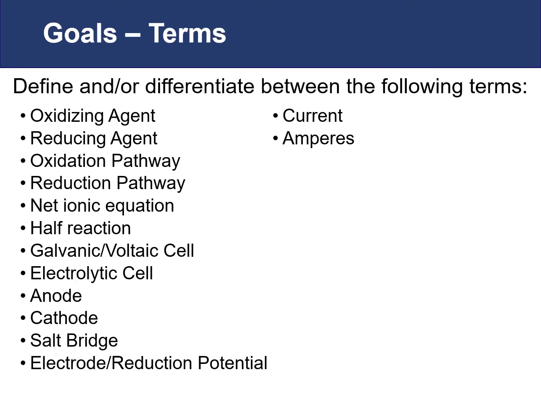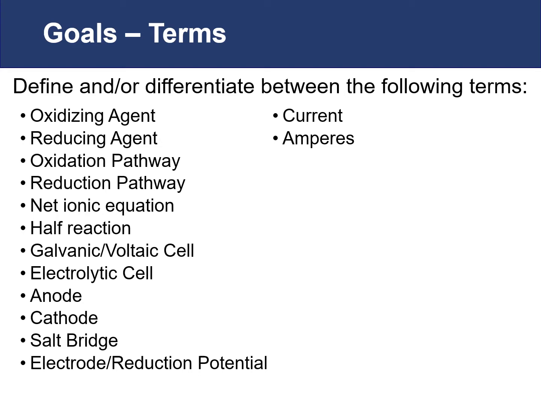Also, by the end of this series of videos, you should be able to define and differentiate between some of the following terms: oxidizing and reducing agents, what the oxidation and reduction pathways are, be able to come up with net ionic equations, as well as pull out your half reactions, describe galvanic and voltaic cells, and compare them and